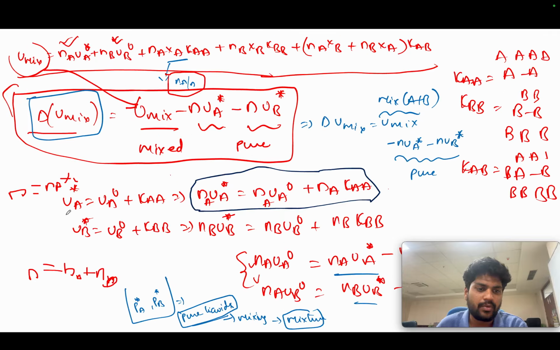So I have taken UA star equal to UA naught plus KAA, where I added the number of moles of A on both the cases. So then this equation can be written as NA UA naught equal to NA UA star minus NA KAA, and this equation can be written as